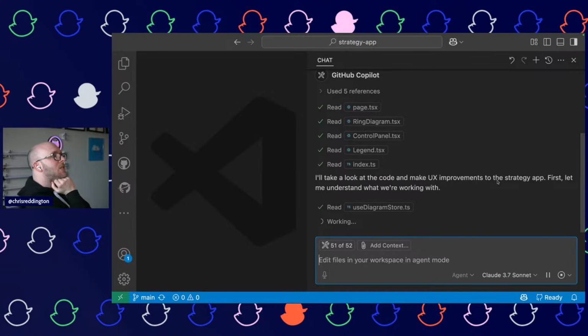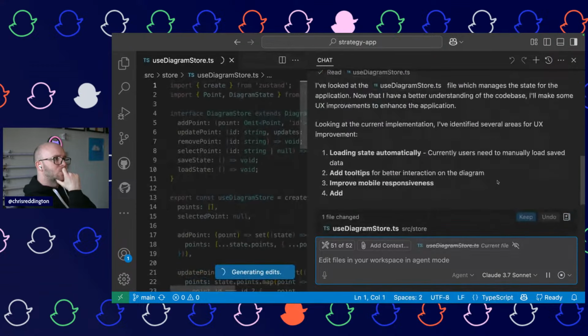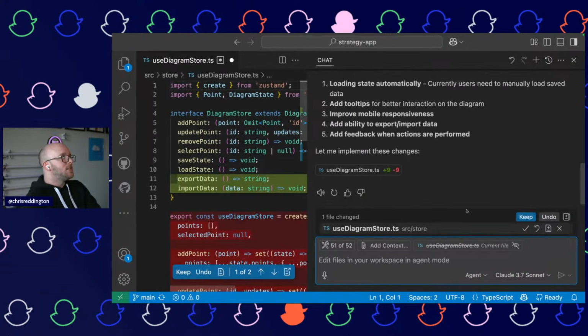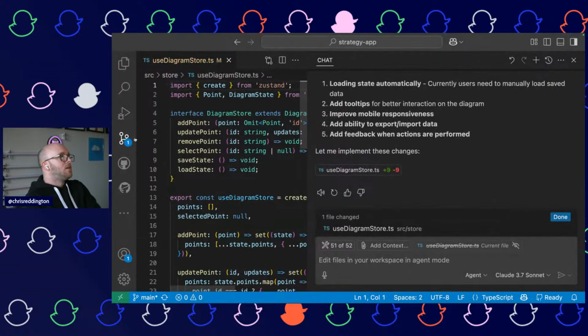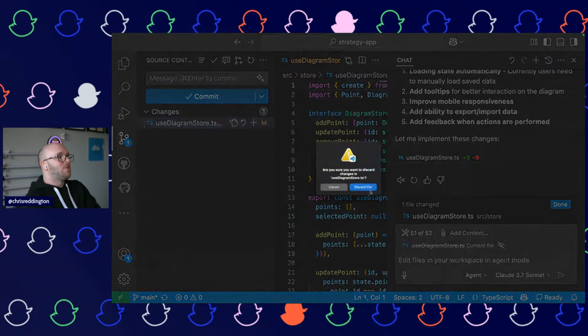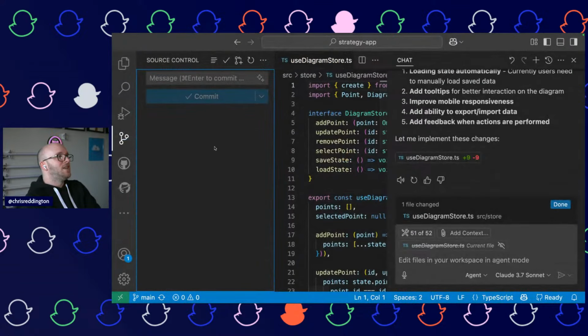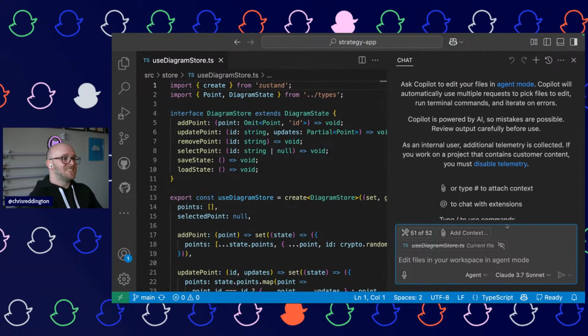Well, I guess it wants to understand the current state and then look at what the task is, maybe. Let's see. No, okay, it's going to start editing. Let's undo all that. And this is why, by the way, folks, we commit. Do not forget your good version control practices.